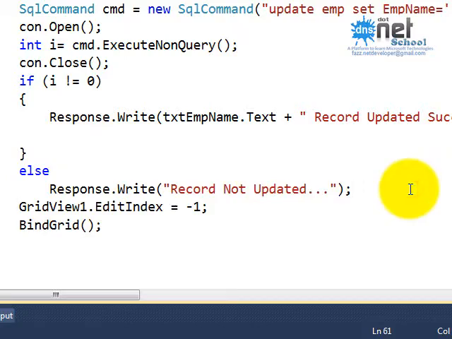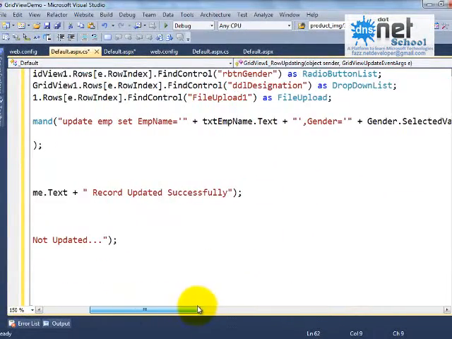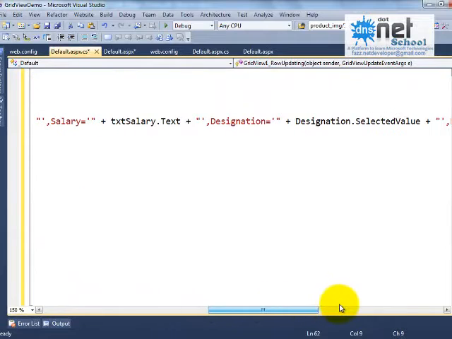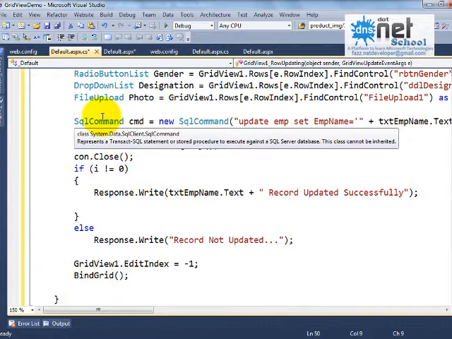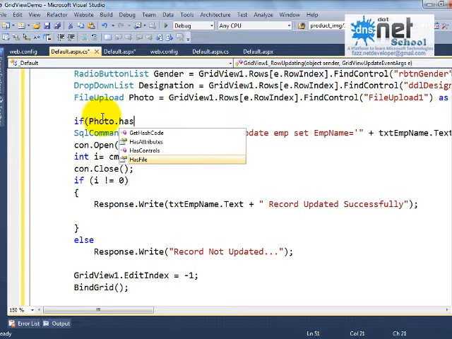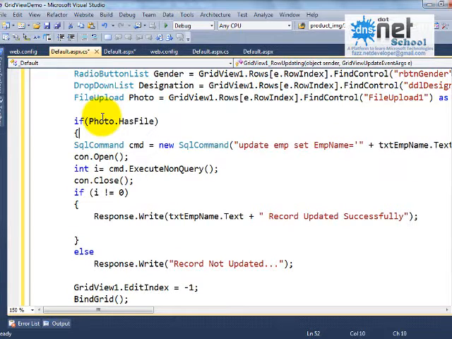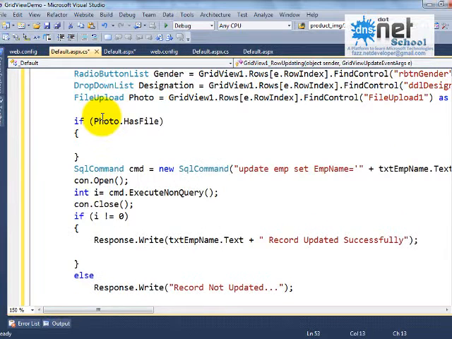Fine, but we have not given any condition that a file upload is there and a file has been selected, then only upload it. We need to provide that information. If photo.HasFile, if the file is there, okay.